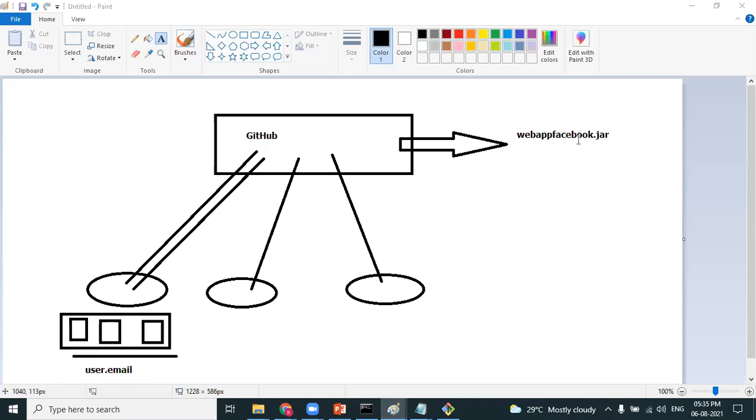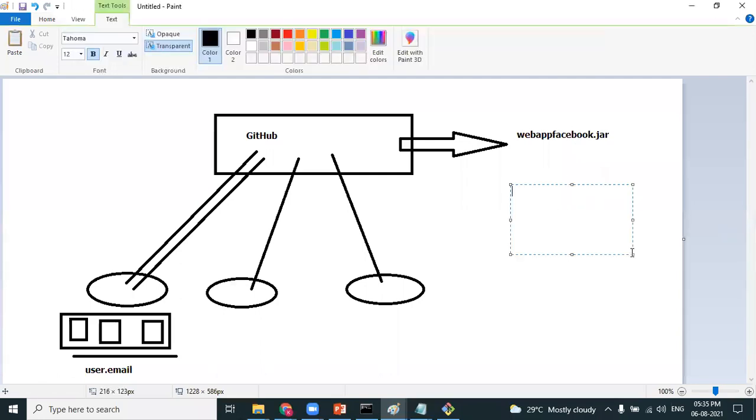Do we give this jar file to the client in a pen drive or something like that? Not at all. They want the application which is running. That means we have to deploy the artifact. Where do we have to deploy? We have to deploy to a server. You have to deploy it in application servers or web servers like Tomcat, WebLogic, and WebSphere. Once the artifact is deployed into the server, then you can access and experience your application.